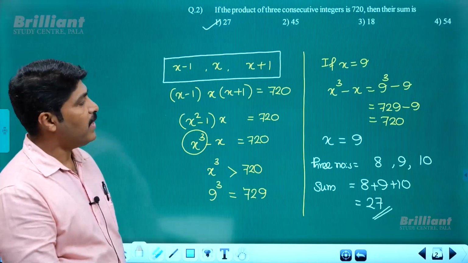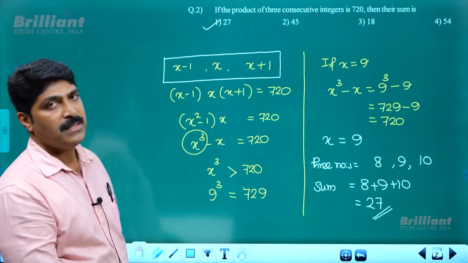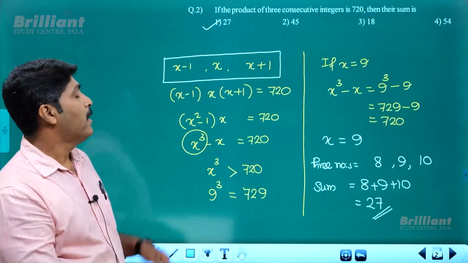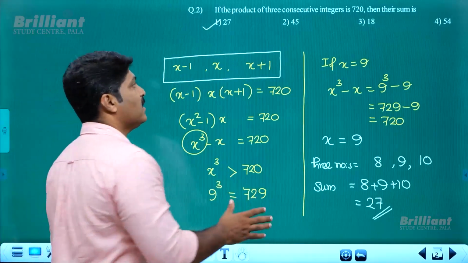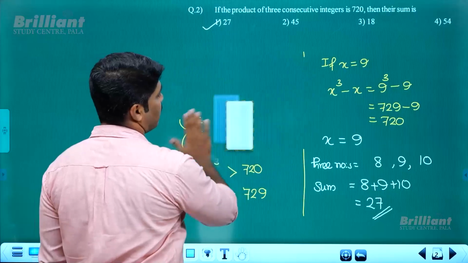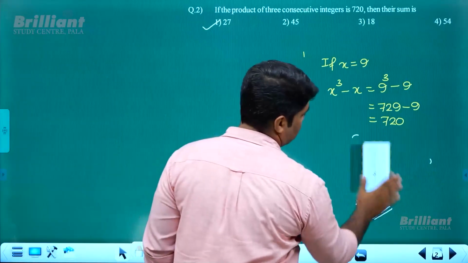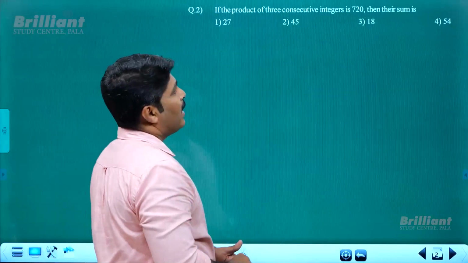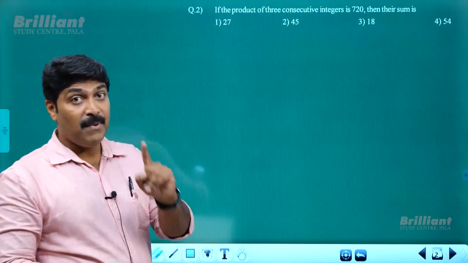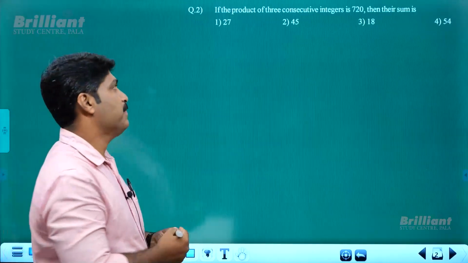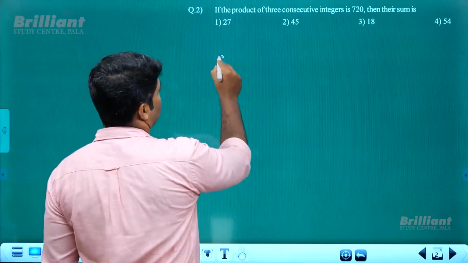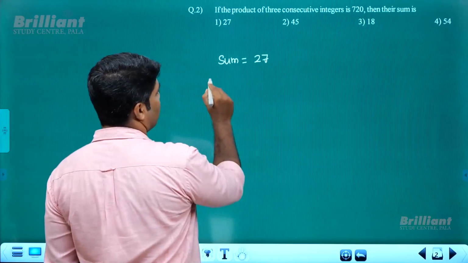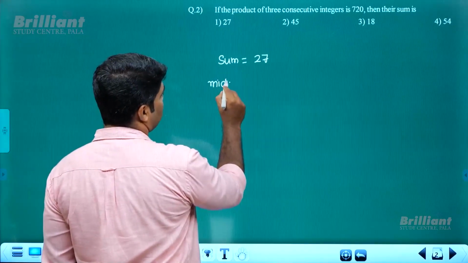But here we have some other logical assumptions. From the options, we can make a conclusion. So how can we find the answer from the options instead of doing algebraic operations like this? That's a very simple trick. Given options are sums of three consecutive integers. If the sum of three consecutive integers equals 27, then definitely the middle number